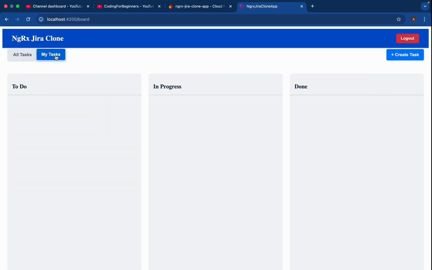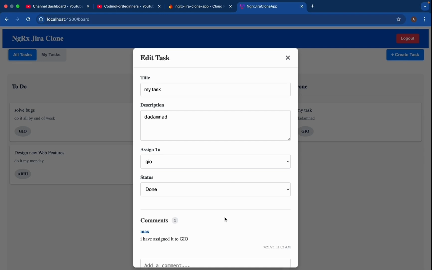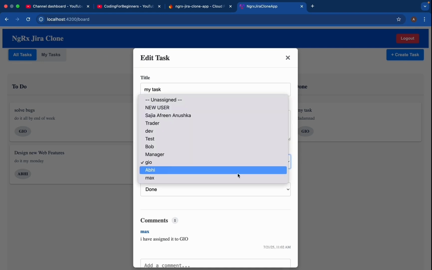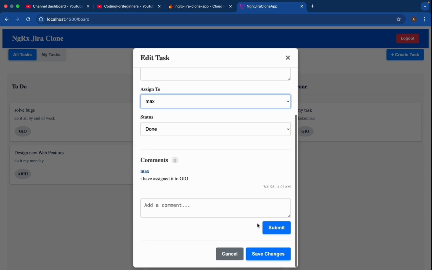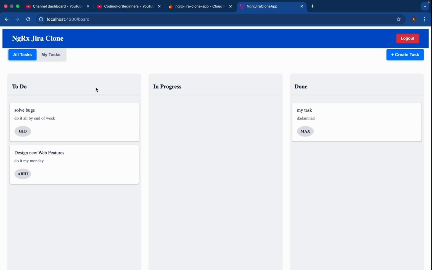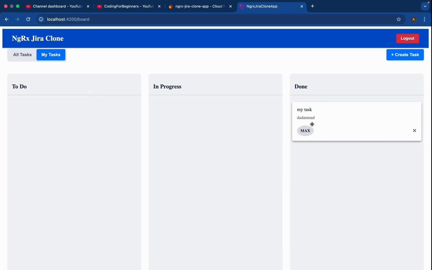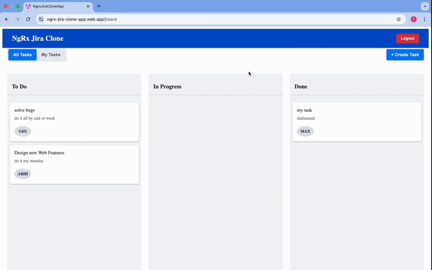So as soon as we click here, you will see all the tasks are gone because currently this user wasn't assigned any task. But if I click here on all tasks and I go here and assign this task to myself, this one, right? And if I save the changes, now when I click on my task, you will see that I can see the task successfully. Perfect. Okay, so now if I go to another tab where I've already opened the application as a different user,